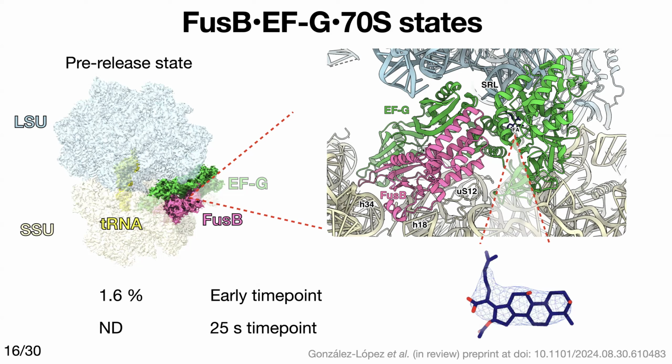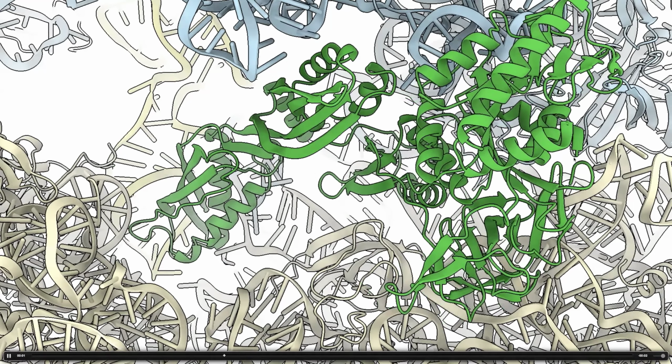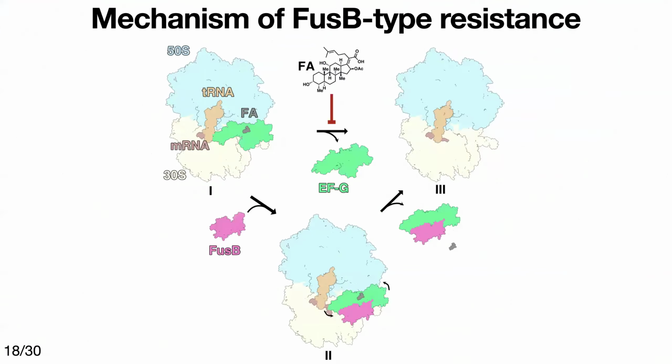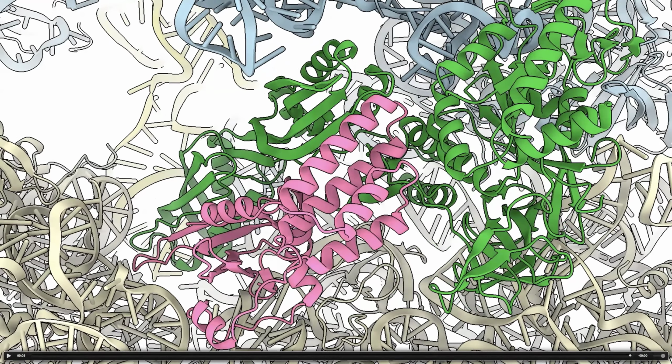So then how does FusB release EFG from this inhibition? This becomes really clear if I show you now a video that I made in which we morph the structure of the locked EFG with fusidic acid to the one bound to FusB. And you can see the changes that EFG encounters. You see this great conformational change of EFG, how it has to open up, it separates these two regions of EFG because FusB is interlocking itself between them,